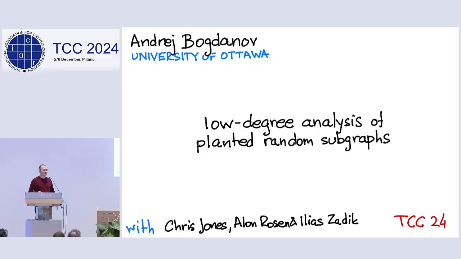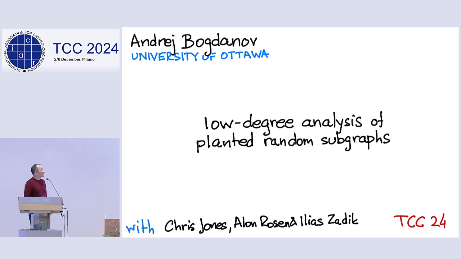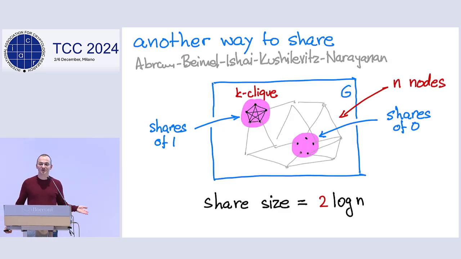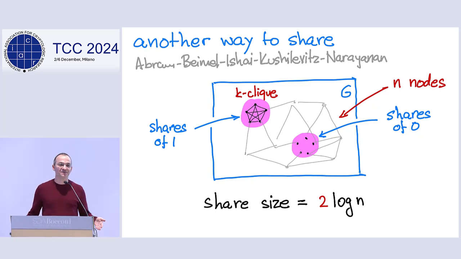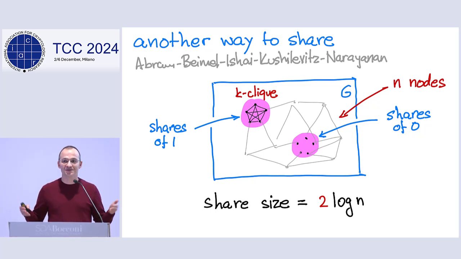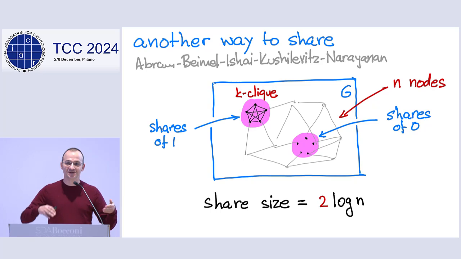I will talk about low-degree analysis of planted random subgraphs. So we all know secret sharing, right? Shamir taught us how to share. If you have Alice, Bob, Charlie, and Dave, and you want any pair of them to reconstruct, you shoot